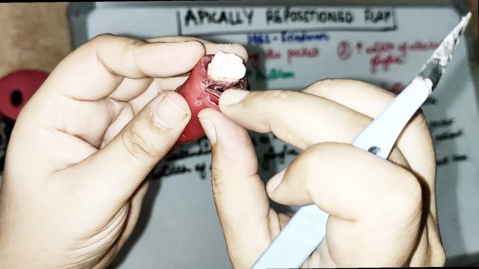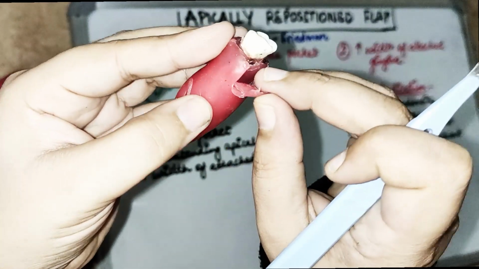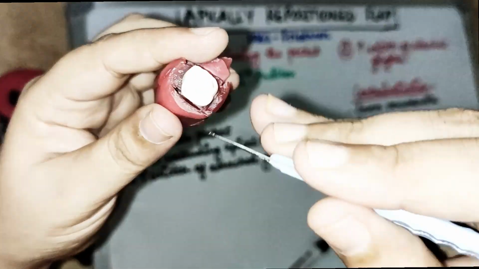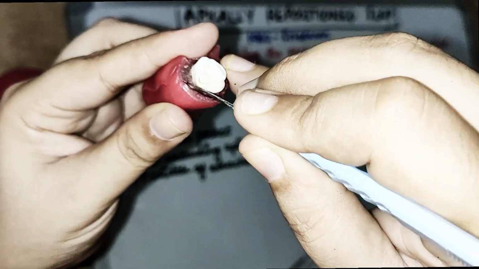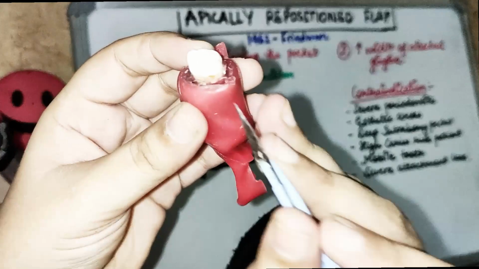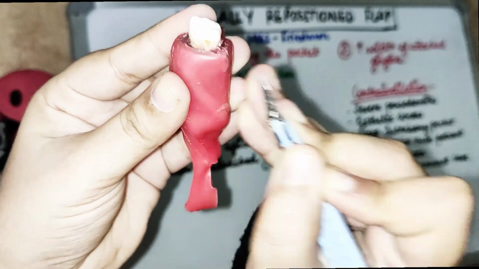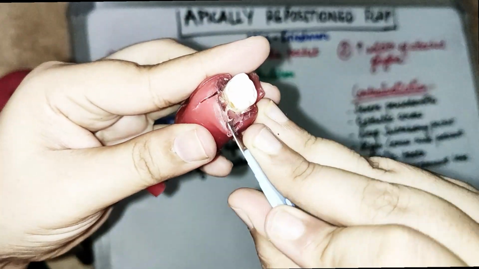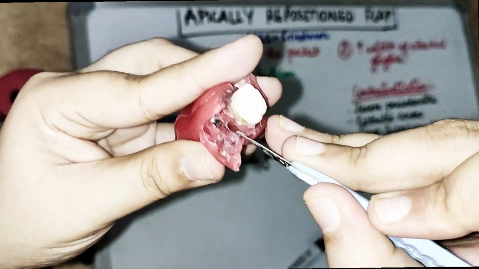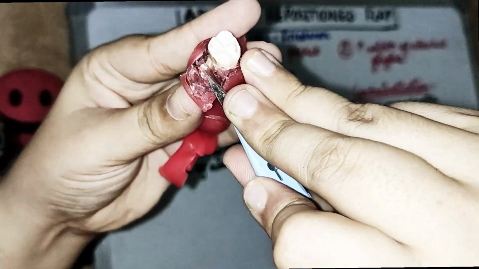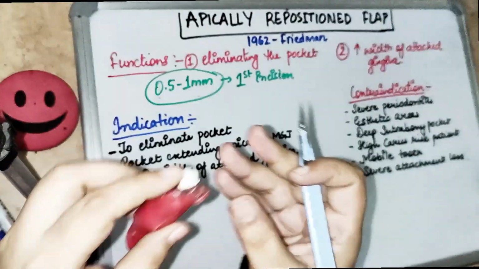Now we have two case scenarios. One is the partial thickness flap, which is this one. So there is still some of the periosteum which is intact. The other one is we are giving an incision and a full thickness flap. Now a full thickness flap is given and two vertical or releasing incisions are given. So this is our full thickness flap, like this. So we have two kinds of incisions.